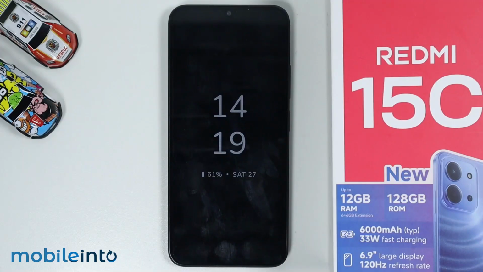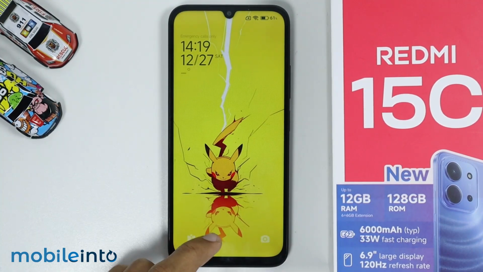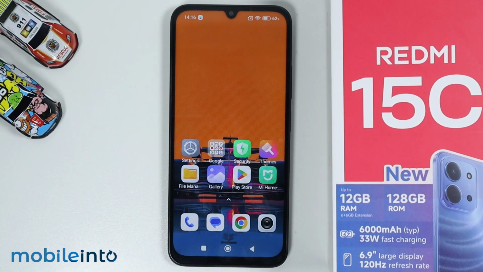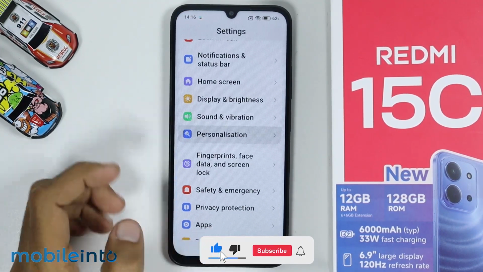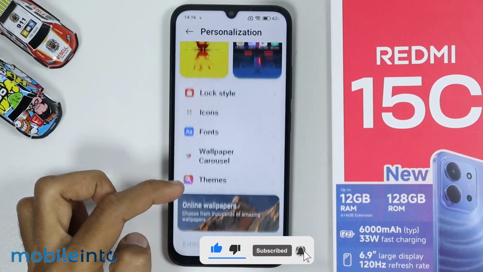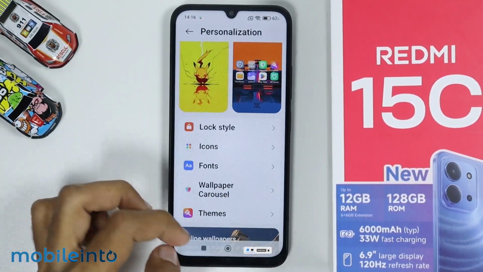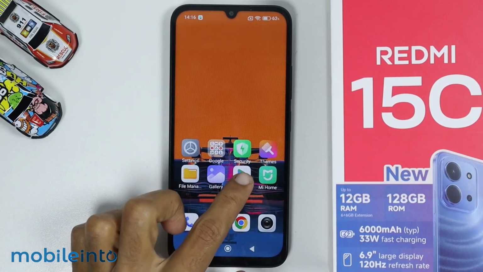If you want to get the always on display feature on your Redmi 15C, in this video I will show you how you can do that. Now the Redmi 15C does not support the always on display feature, but if you want to get the always on display feature on your Redmi 15C, first of all, just go to your home screen and open the Google